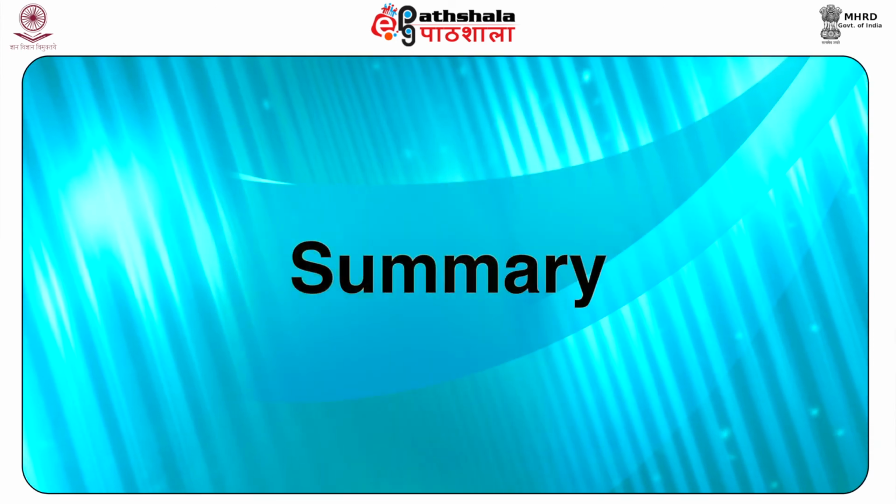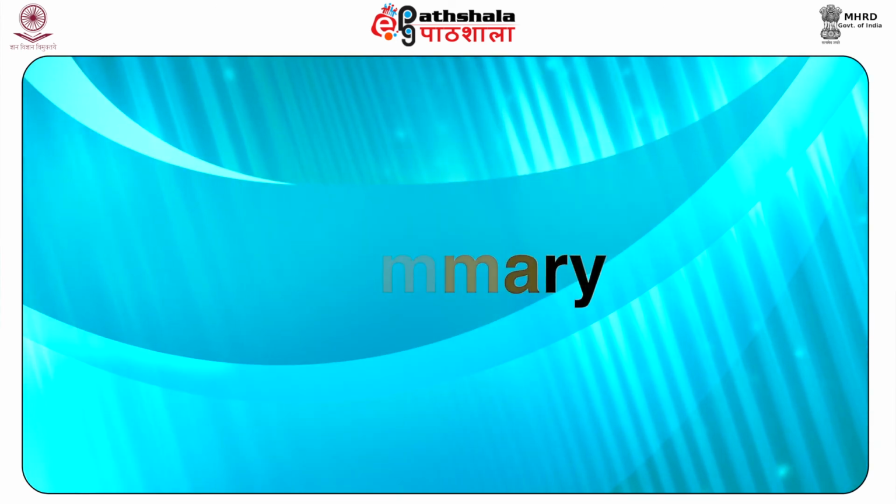Now let us summarize what we have learned from this module. To sum up, we can say that in a large business, when the business transactions are numerous, it is difficult to record all the transactions in one book of prime entry. So it is divided into 8 different books: cash book, purchases book, sales book, purchases return book, sales return book, bills receivable book, bills payable book and the journal proper.